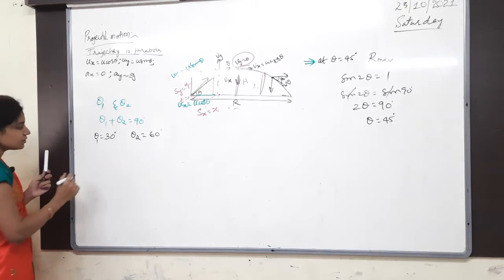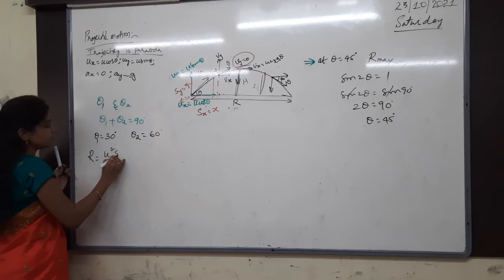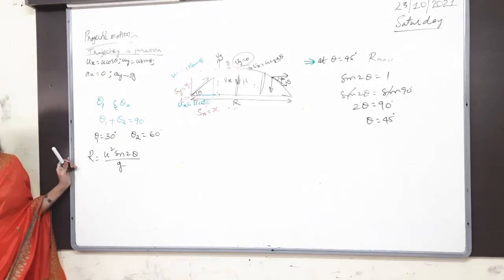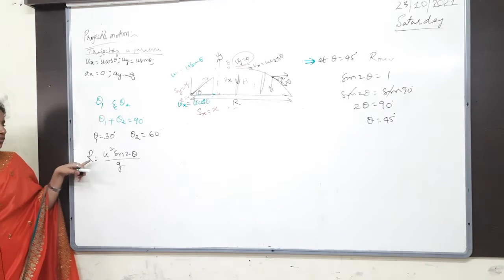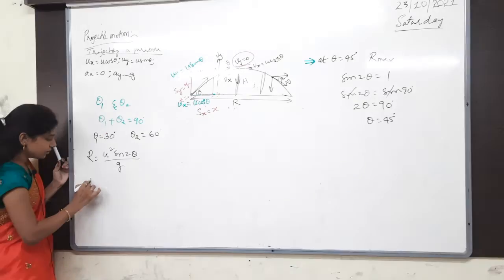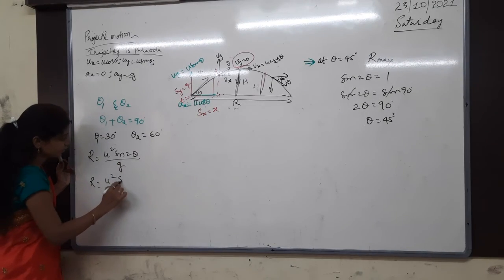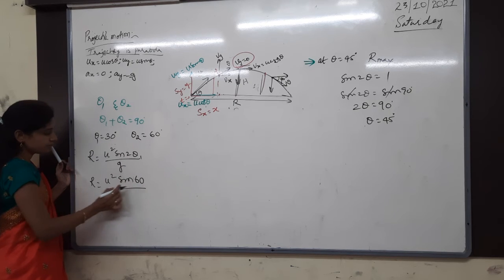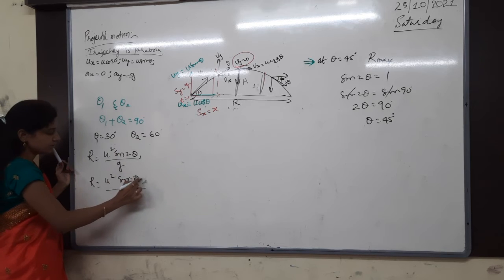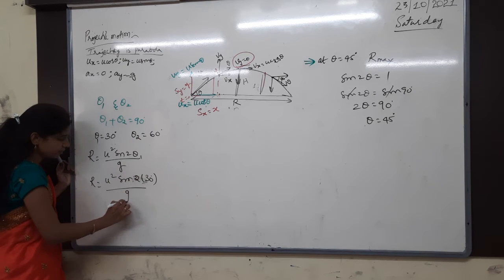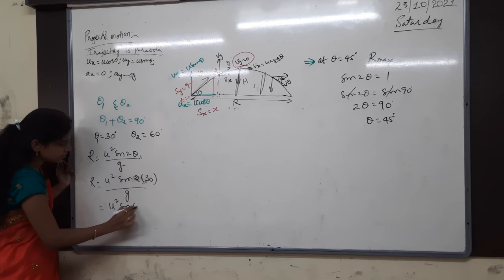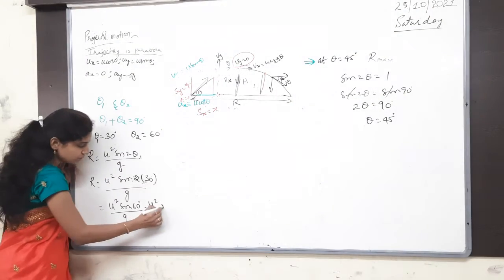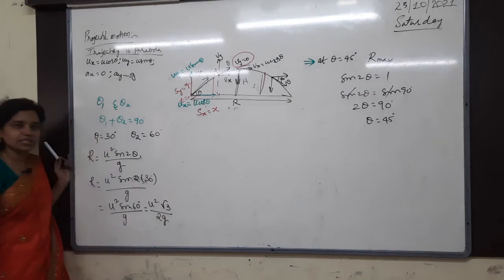Let us check that. So, R is equal to, what is the formula? U square sin 2 theta by G. You have to remember the formulas properly, otherwise you will make mistakes. So, R is equal to U square sin 2 theta by G. Sin 2 into first theta, which is 30, so totally 60. You will get confused again, because 60 is there. 2 into 30, divided by G. Then U square sin 60 divided by G. Sin 60 is root 3 by 2. So, root 3 U square by 2G. This is the range I got.